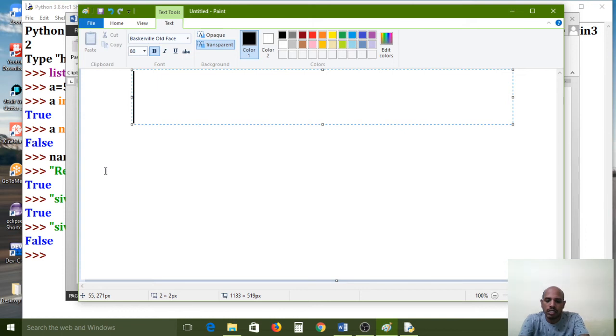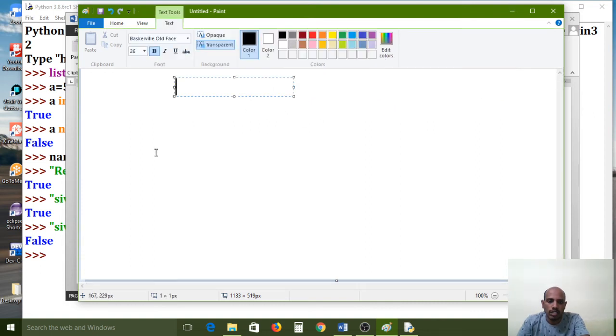The value is a equal to 10, and also b equal to 10, c equal to 10. These three variables contain the same value.